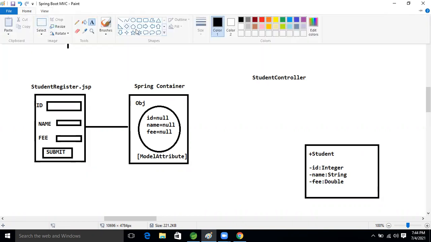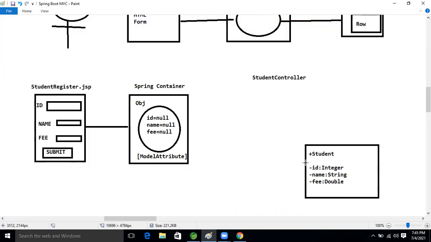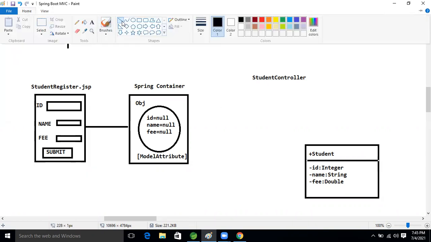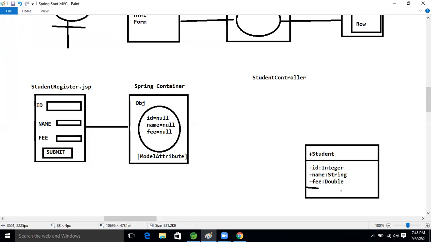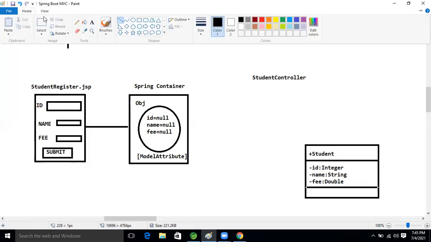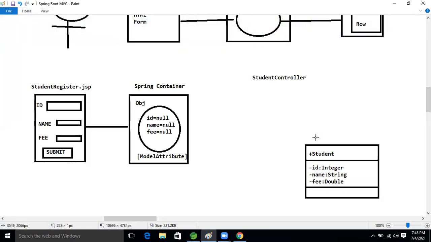And here com.rk.model, I'm just taking model.